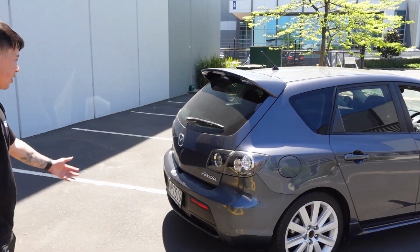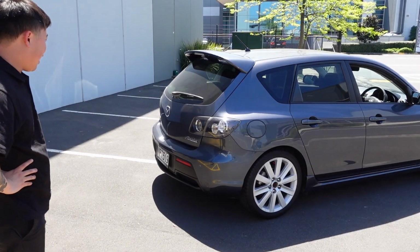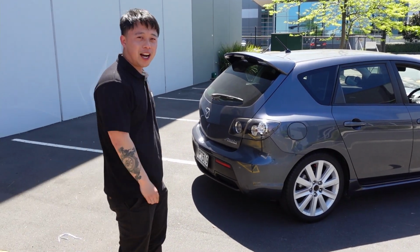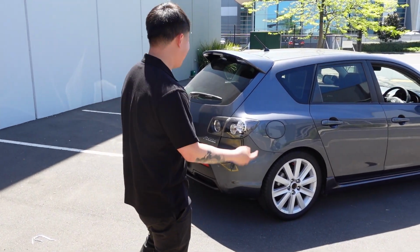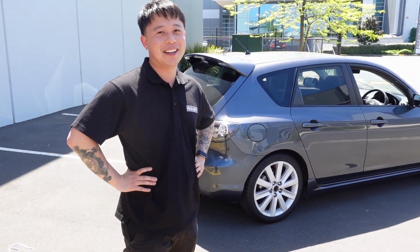I mean, if you guys look at this, the car doesn't even look like a sports car, bro. If you're buying your first car and you're asking your parents to buy a car, you'd probably get away with an MPS. Yeah, I don't even know what I'm talking about, but...